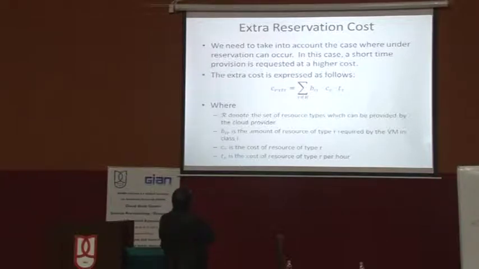In this case, when under-reservation occurs, we need to provision resources from short-term planning. And the extra cost in this case is basically like before, but now how much time you use the extra resources gives you the amount that you incur extra. So